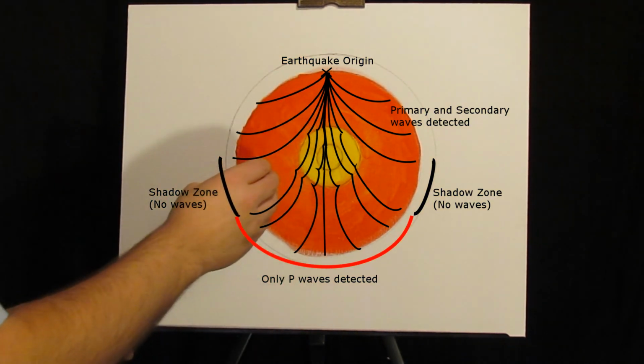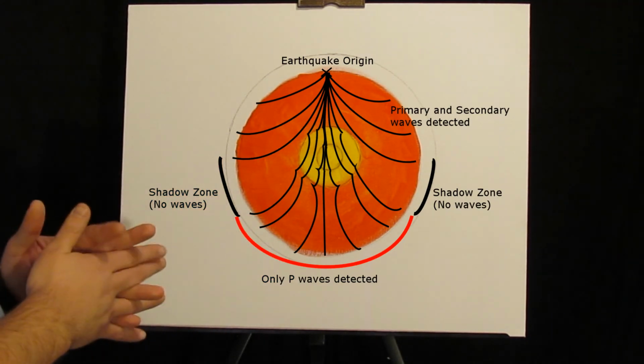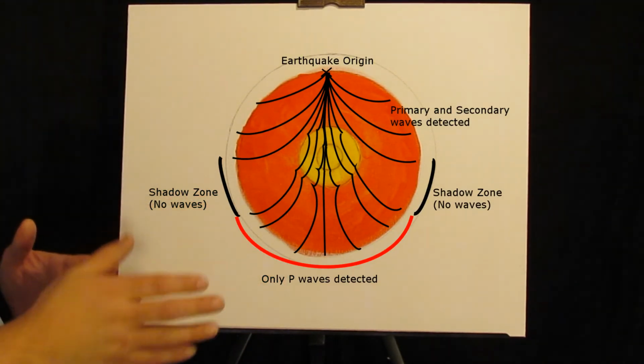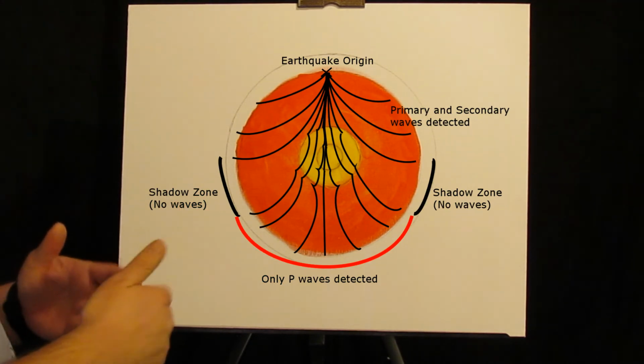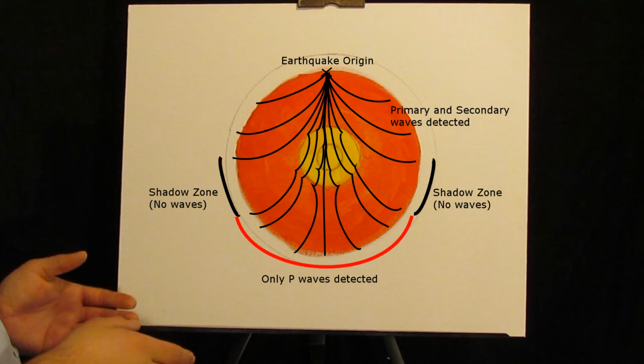But then it hits the outer core, which is liquid. And when a wave hits something of different density, it shifts. It slows down or speeds up, and it changes its direction. The same phenomenon happens when light enters a prism, and it is split out into its different wavelengths. Okay, so seismic